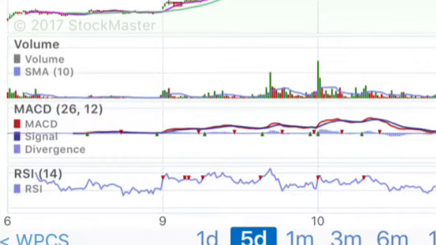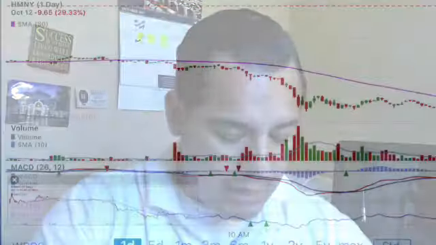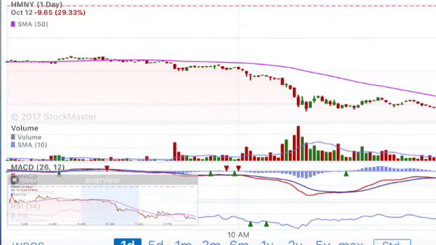Then below it, it has that MACD, that little red box. That little red box, you guys, to me is very important. As you guys could see, I'm about to move into the 1-day chart. Okay, and as you can see in the 1-day chart, that little red square, MACD,